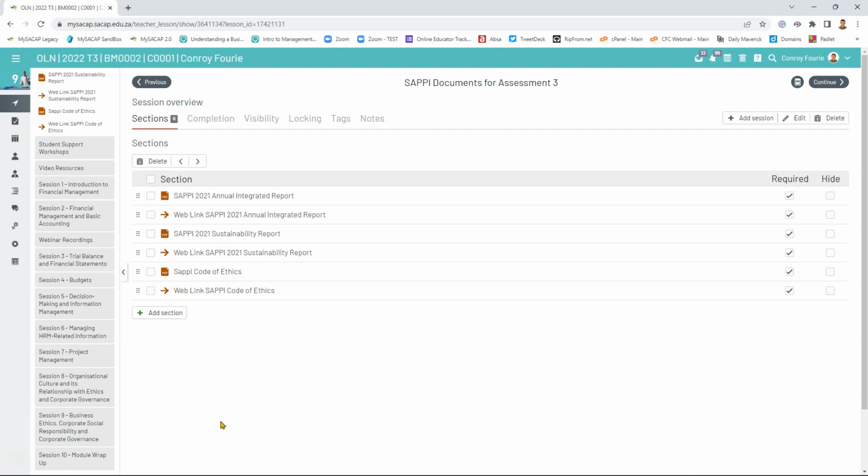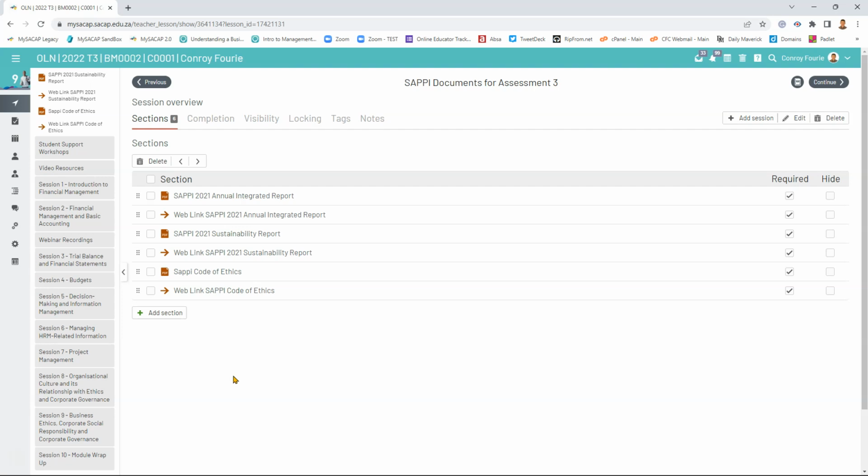For example, there's one question around how effective do you think the SAPI code of ethics will be in practice, or words to that effect. And when you look at that SAPI code of ethics, simply reading through that will give you an idea, and many of you are in a work situation and can associate with a code of ethics, and what would make that effective, and how does that shine through in the SAPI reports. So you make an assessment of that.